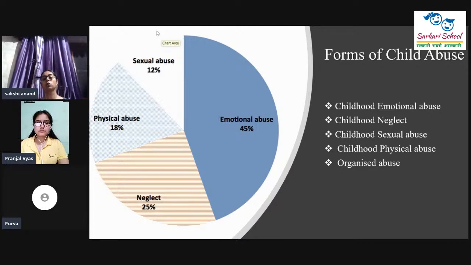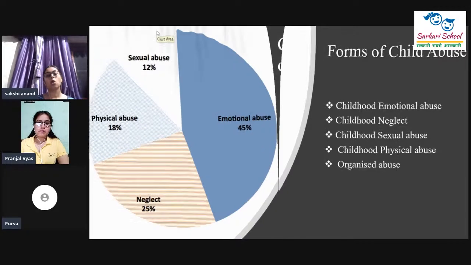And the fourth one is physical abuse. Physical abuse deals with burning and poisoning a child, or drowning or suffocating a child, for example holding a child underwater intentionally, forcefully. And fifth and last is organized abuse, which basically includes sexual abuse and sexual violence. In this, adults who conspire sexually abuse one or more children, and they exchange the children for sexual activity like a material. Now, coming to the